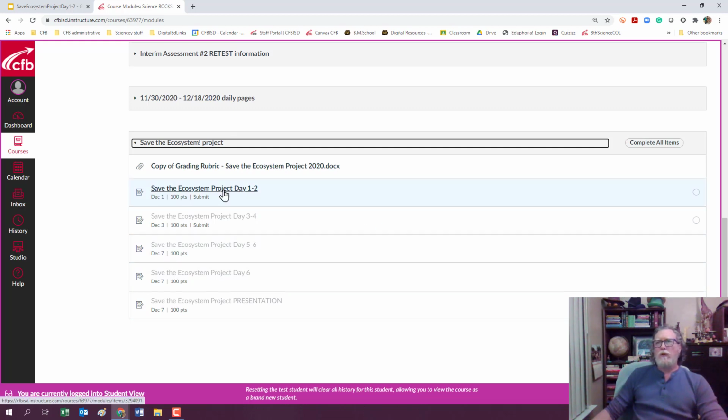You have to start with day one, day two, finish that, submit it, and then wait before you get an okay from your teacher to move on. Okay, so that's kind of conceptually what we're seeing here. You'll see the rubric up at the top, all right? You'll be able to look at that at any time. I'm not going to go over that right now, okay?